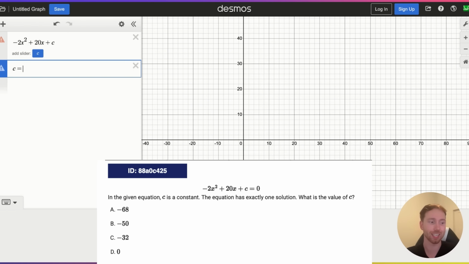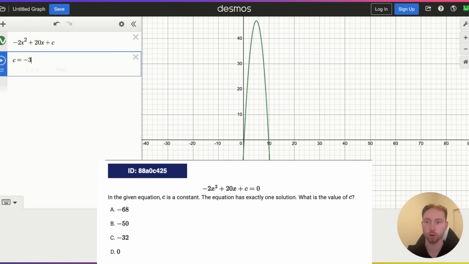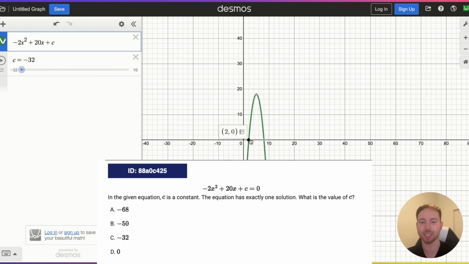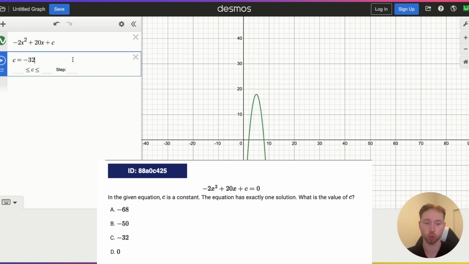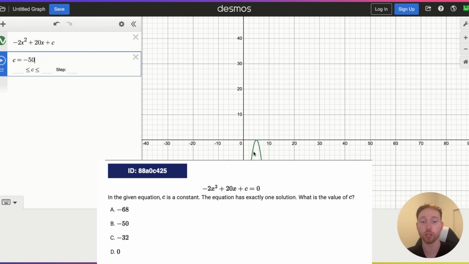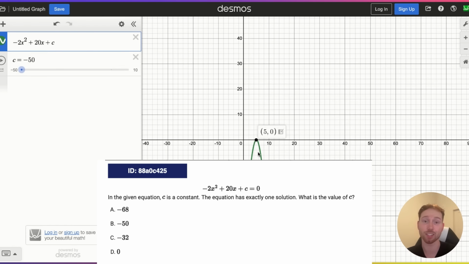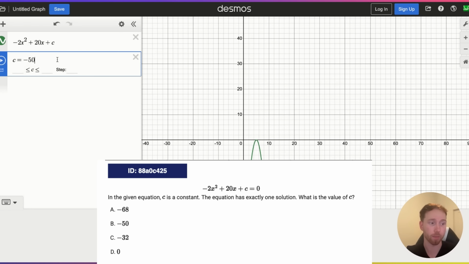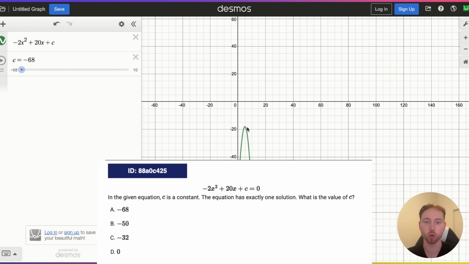By plugging in C equals -32, when C is -32, there are 2 solutions. I see when I plug in -50, there is 1 solution. It crosses the x-axis at 1 point. When I type in -68, I see it never touches or crosses the x-axis, meaning there are no solutions when